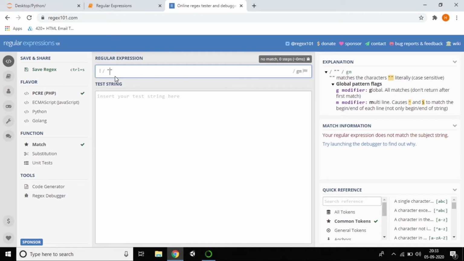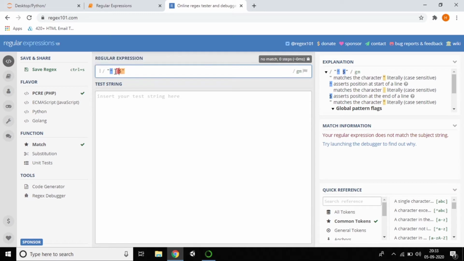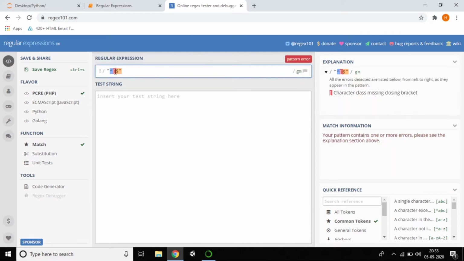In these quotations you need to write the pattern, right? So we write the pattern starting with the caret, and it should end with the dollar symbol. In between these we need to write the pattern. My email ID will start with a number like 4money@gmail.com, or otherwise it will start with a character. So I'm giving numbers as well as characters, 0 to 9 as well as a to z. Generally my email IDs are all lowercase, small letters, that's why I'm giving small letters and closing.